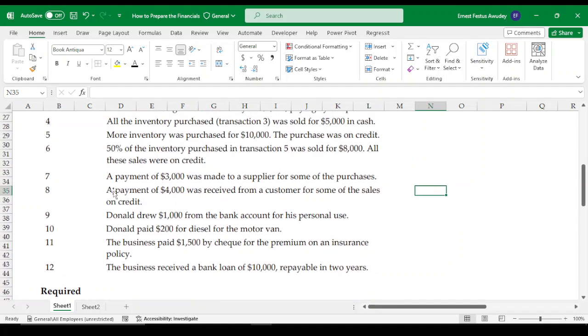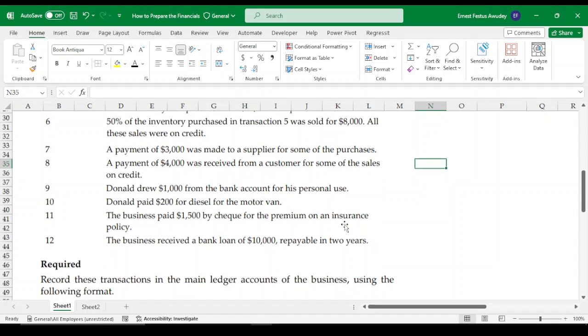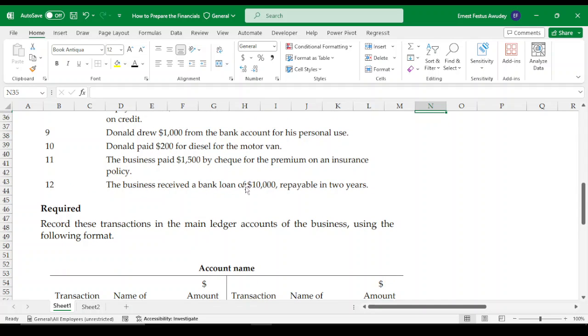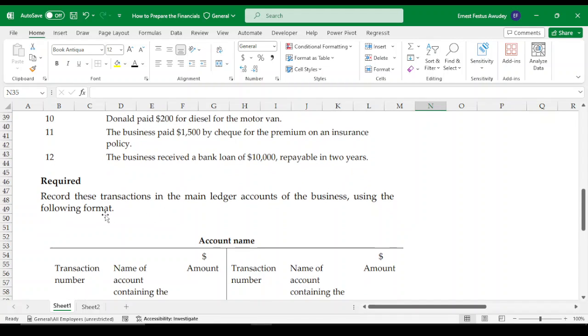All right. Then we also have Donald drew $1,000 from the bank account for his personal use. Donald paid 200 for diesel for the motor van. The business paid 1,500 by check for the premium on insurance policy. And then finally, which is transaction 12, the business received a bank loan of 10,000 repayable in 2 years. Record these transactions in the main ledger accounts of the business